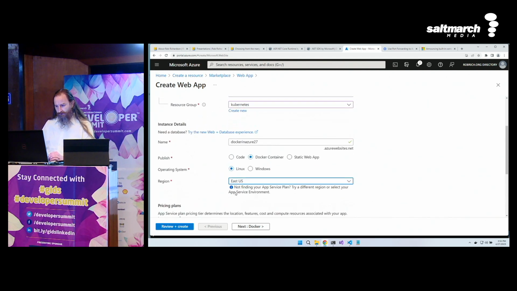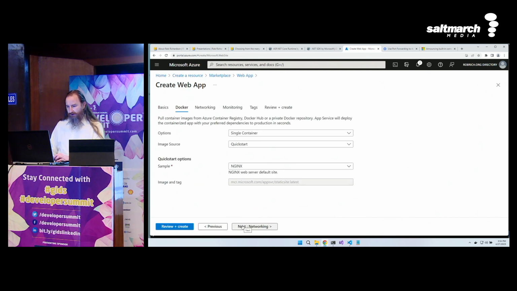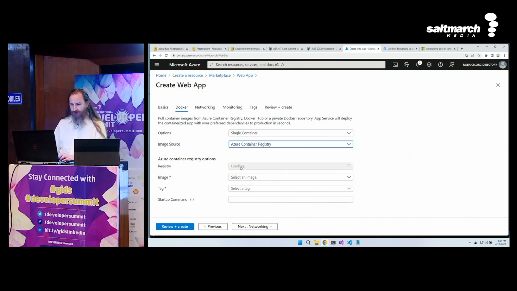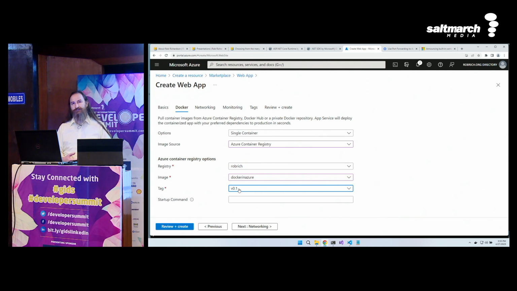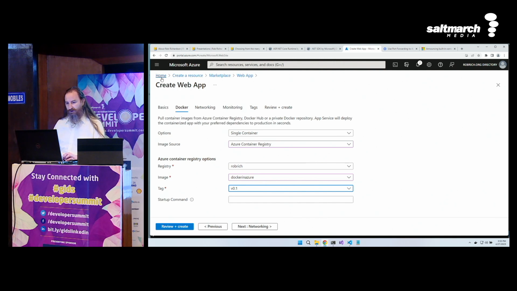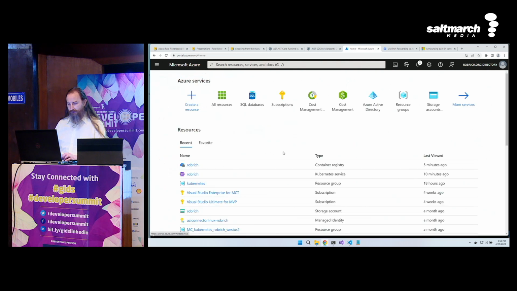And then I can point it at a single container, and I can point it at my Azure Container Registry, and I can pick my image from that registry, and I can choose a specific version, or I can choose latest, in which case it creates a webhook, and anytime I push to that, it restarts my Azure web app with that new instance. Cool. So once I've got that in place, I now have the normal web app details of auto scaling and auto restart, which is amazing.